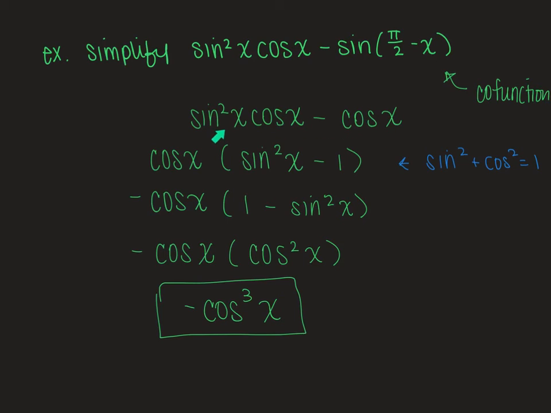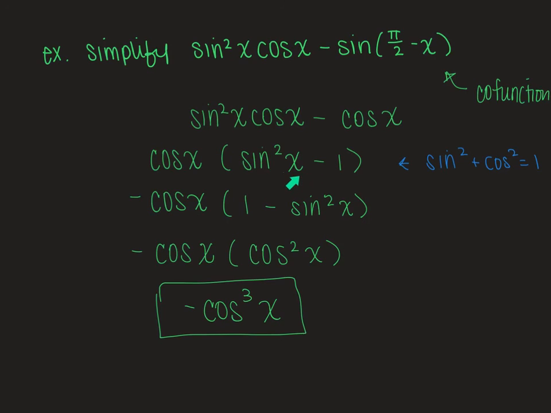So you have, if you look here, both of your terms have a cosine in common. So this was what I was talking about when I said if you can factor something out, factor it out. So then the issue is here, we factored out just our cosine, and you end up with sine squared x minus 1. So that's not quite equivalent to this over here. If this was sine squared x plus 1,